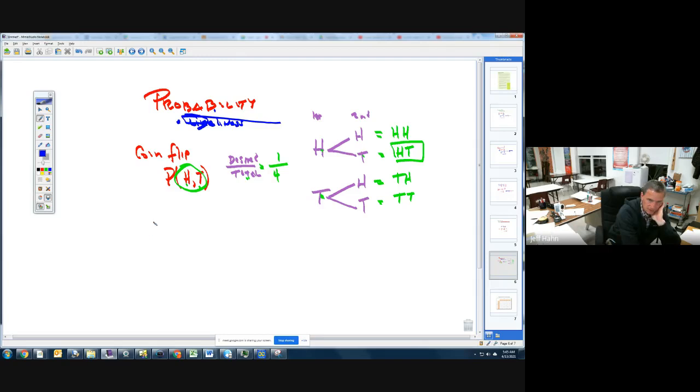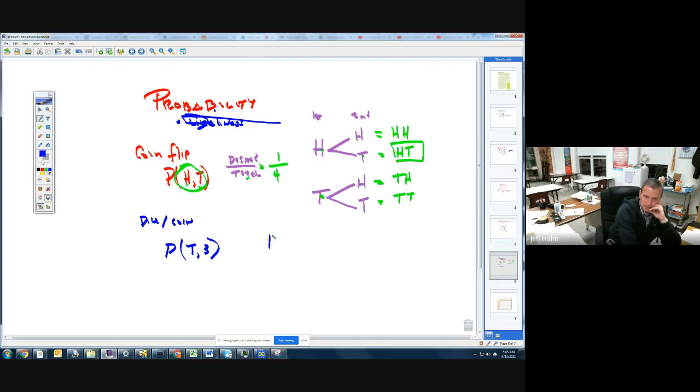Let's say we were doing something else. Let's say we were rolling a dice. So you had a dice and a coin. And I wanted the probability, well, let's do it like this, of flipping a tail and then rolling a 3. Okay, again, if I were drawing a tree diagram of this, this time I'll just do it sideways just so you can see it doesn't have to be this way.